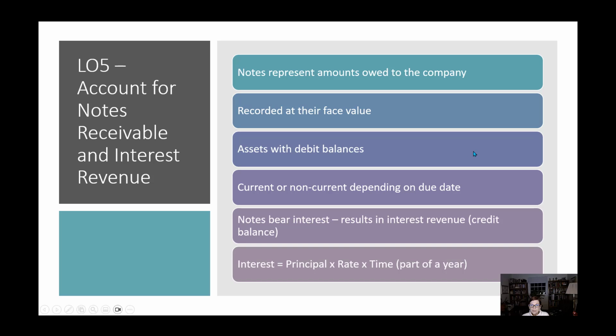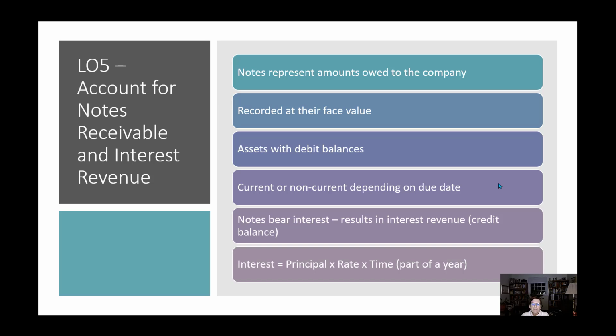They are also assets with debit balances. Now, notes receivable could be current or non-current. We're going to take a look at a current example. It depends on the due date. So if the note receivable is for 10 years, then of course it would be a long-term note receivable. If it's a note receivable for 30 days, then it would be a current, so of course less than a year as usual. Remember that notes bear interest. This results in the company earning interest revenue or interest income, which has a credit balance just like sales revenue